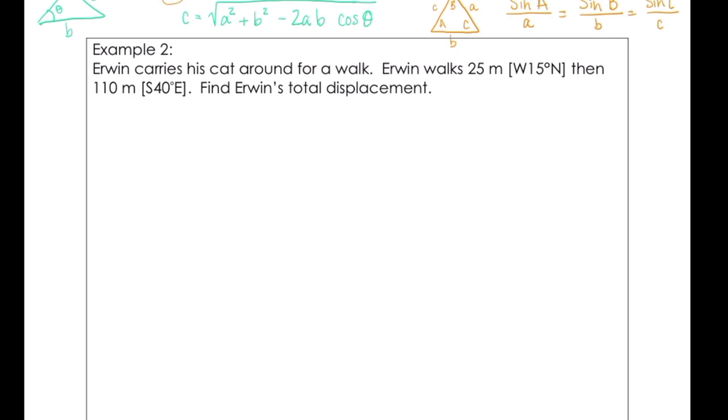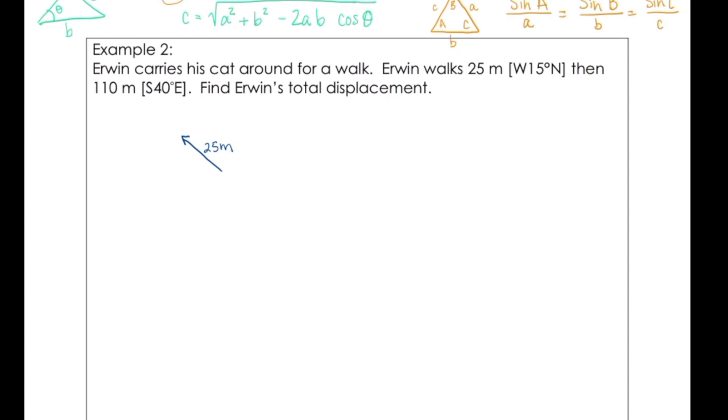Erwin carries his cat around for a walk. Erwin walks 25 meters west, 15 degrees north, then 110 meters south, 40 degrees east. Find Erwin's total displacement. So we're going to start by sketching out his path. First he went west 15 degrees north, and that was 25